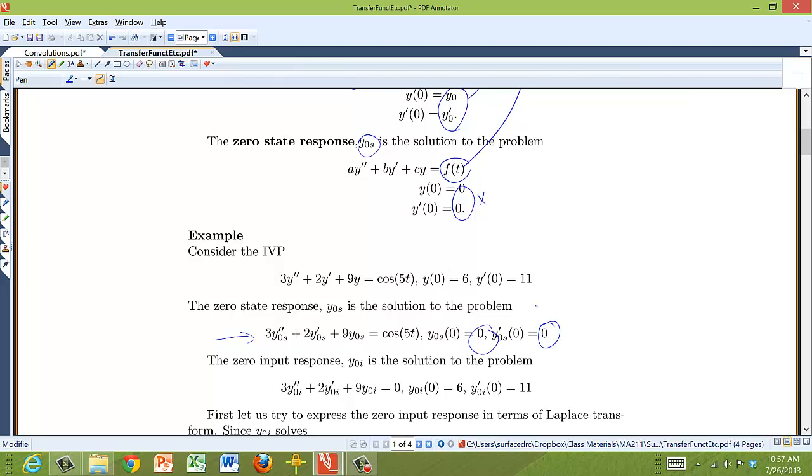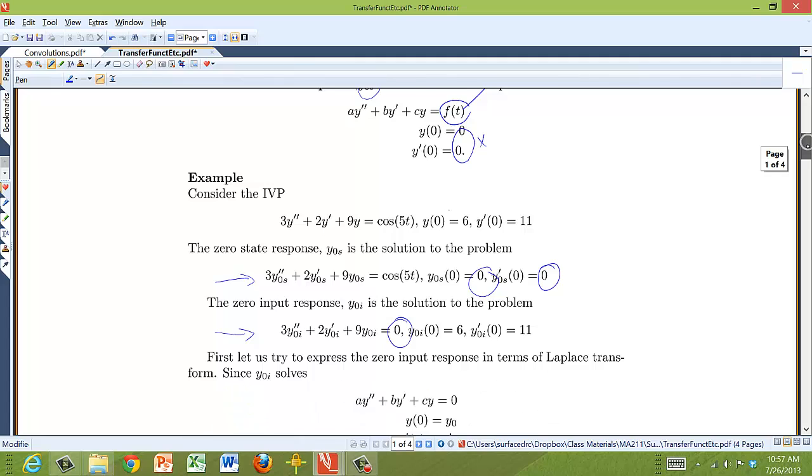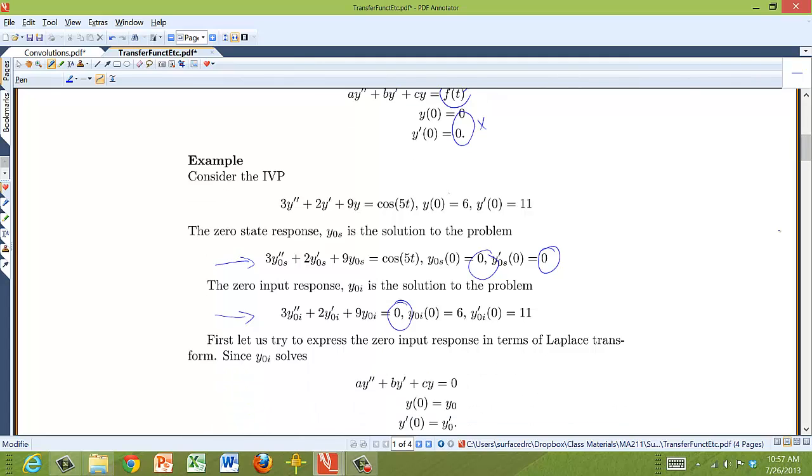Okay. And the zero input response is a solution to the problem with the exact same initial conditions, but with a zero input term. Okay? So again, zero state, zero input responses. These are fairly important in this context. Okay? So let's take a look at what the zero input response is,